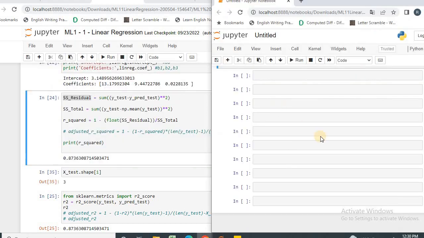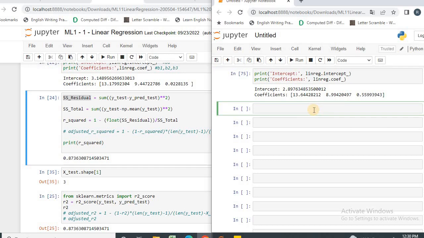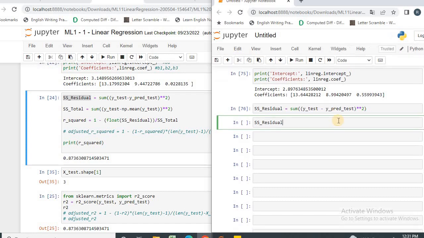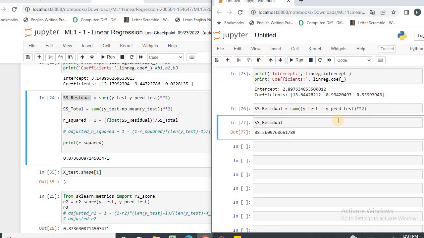So guys, if we want to calculate the sum square residual, then sum of (y_test minus y_predicted_test) squared, so it will come as 88. Okay,